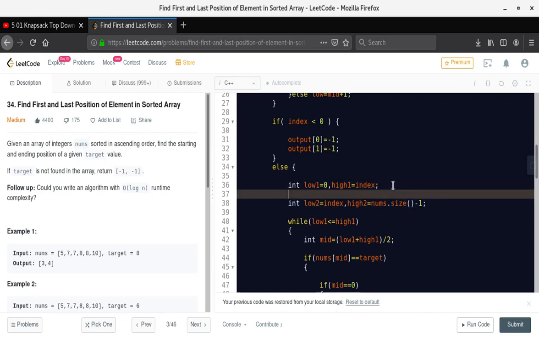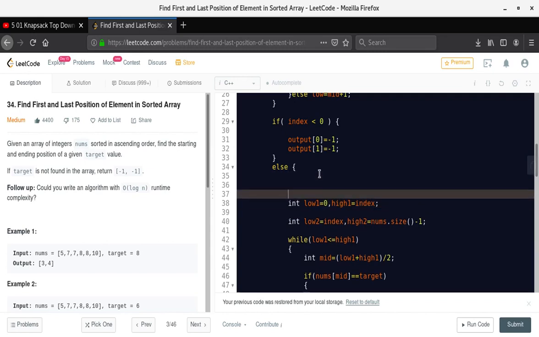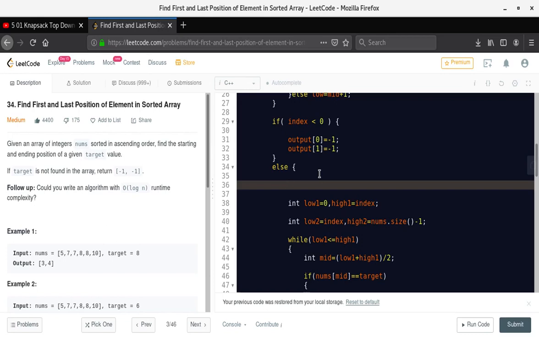For the left side, we are initializing low 1 with 0, because in the left part of that index the first value can be index 0 and the last value can be the index itself, because it may be possible that, suppose the array elements are 1 2 3 3 4 5, right, and 3 6. So here we have 6 elements.